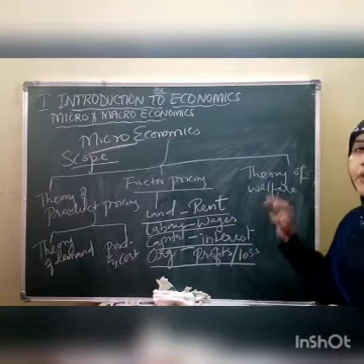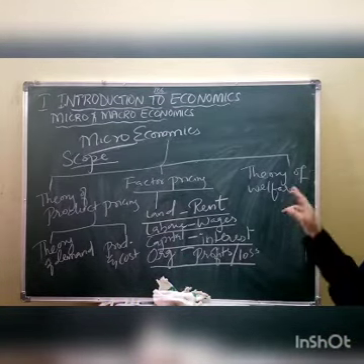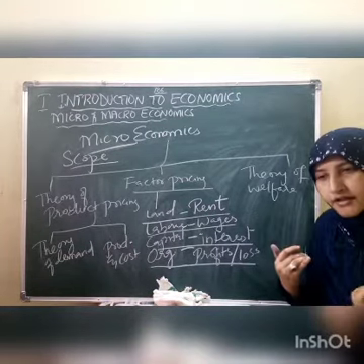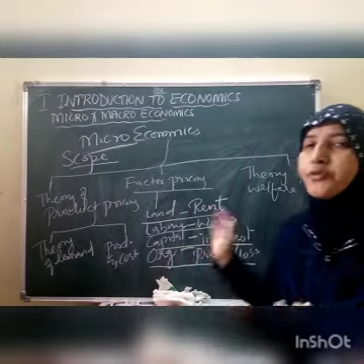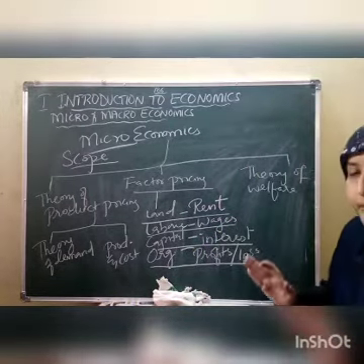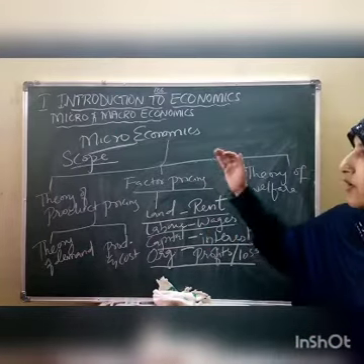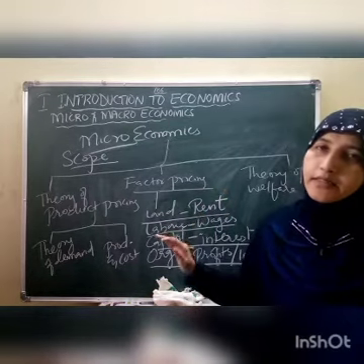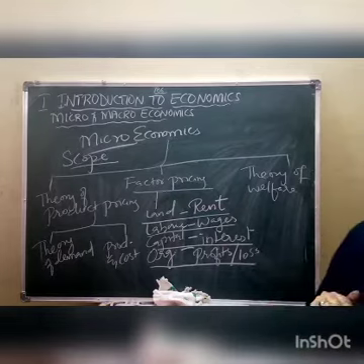Next, theory of welfare. This economics also explains the theory of welfare. That means whatever we are earning, children, it should benefit the society. The theory explains that earning should benefit the society also. So these are all called the scope of microeconomics. This is a very important question, children. Micro and macro are very important questions.